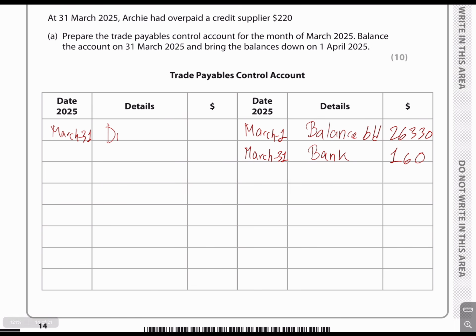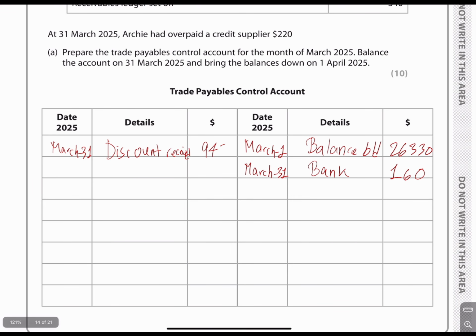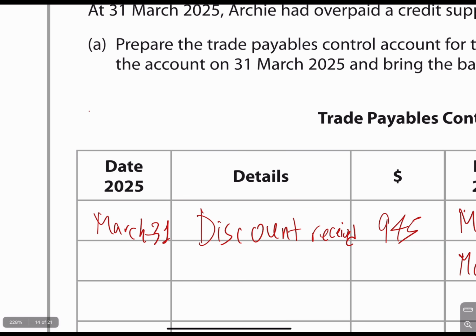So discount received, how much is discount received? It's 945. Now if you are confused about discount received being a credit and why it is entered on the debit side,